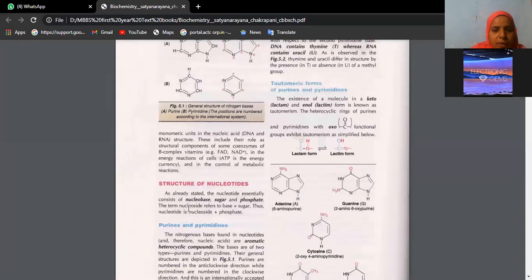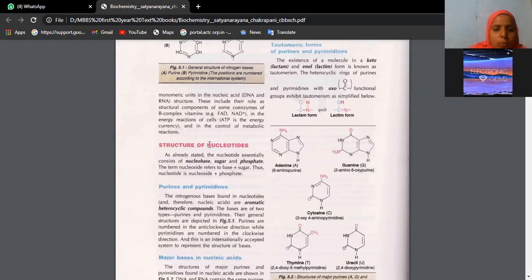Apart from this, nucleotides like flavin adenine dinucleotide and nicotinamide adenine dinucleotide are B complex type coenzymes which help in various metabolic reactions. Because it is a chemistry question only, the question didn't come from metabolism, but from the chemistry of nucleic acids, the structure of DNA. So you are of course supposed to write everything better.